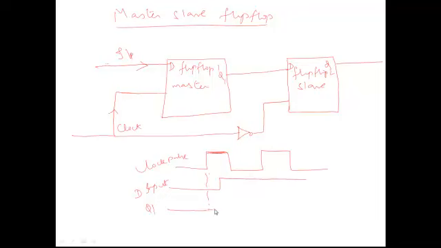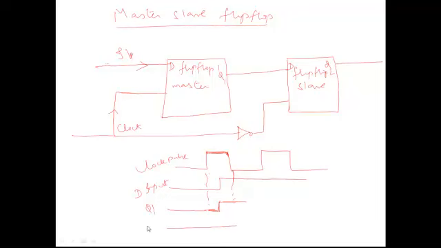Initially the input is 0, so till this clock pulse the input is 0. Suddenly, within the period itself, the input changes. So the master will now respond, because the master is positive level triggered. From this point to this point, it is a positive level trigger, and within this clock pulse there is a change in the input, so the master will change accordingly. But the slave will not respond during the positive clock pulse, because the slave is triggered with a negative clock. Till this point, the slave will not do anything. It will stay in the previous state and will not be active at all.